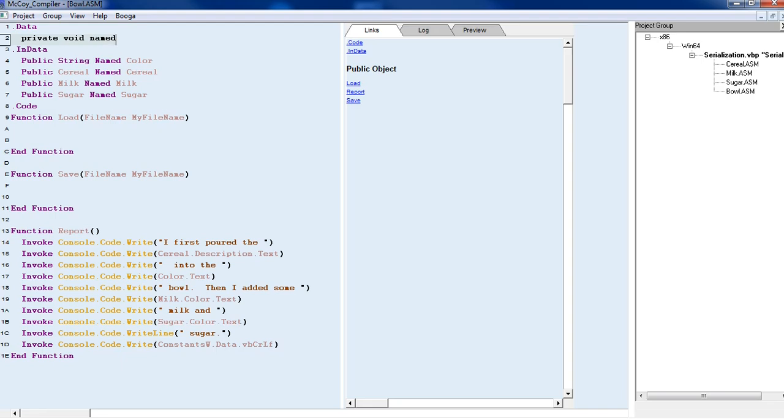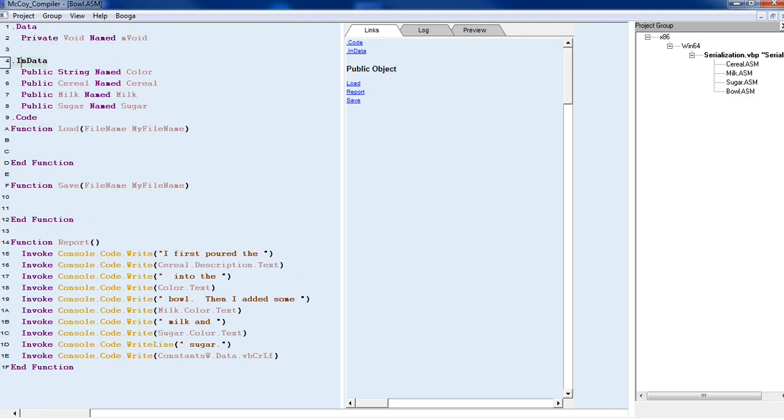So it's going to be a public void. I'm going to call it mvoid. So the m tells me that it's private. Now, let's do the save first. I'll do the bottom line first. So invoke mvoid.code write to file, and